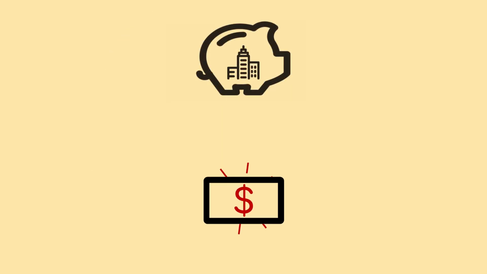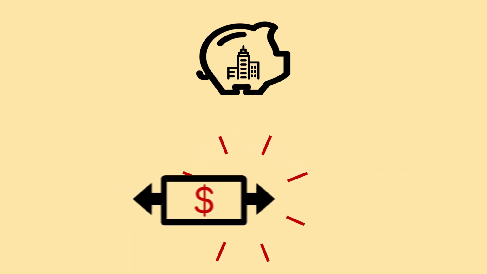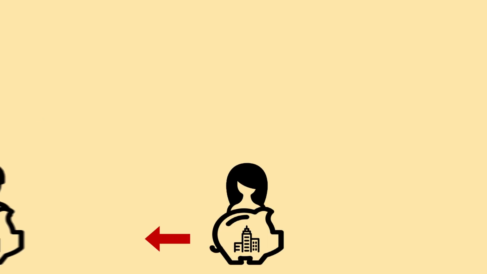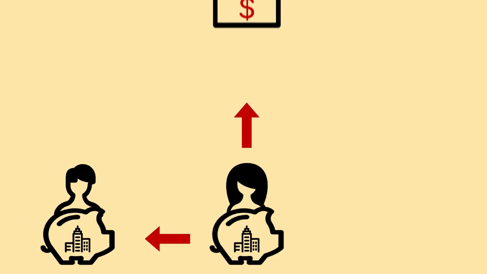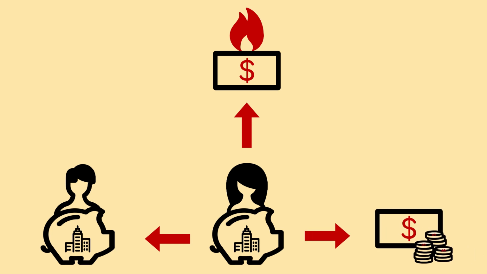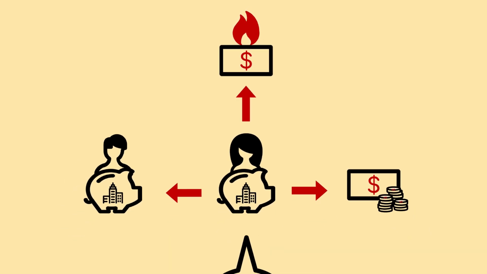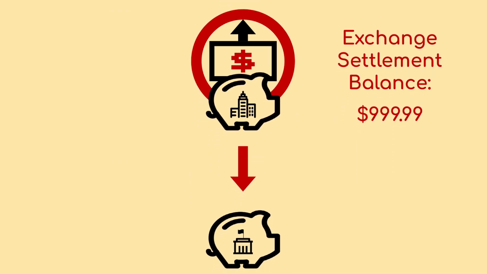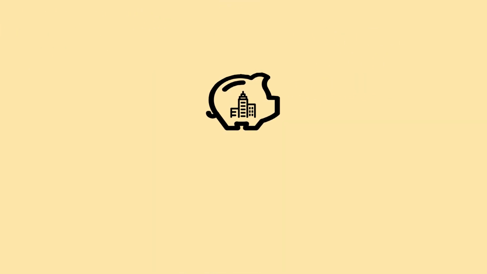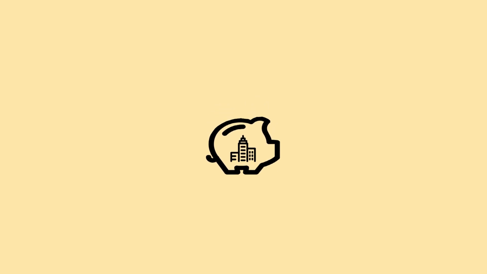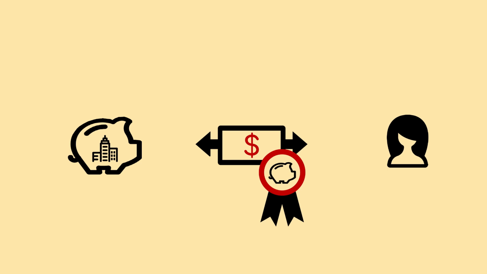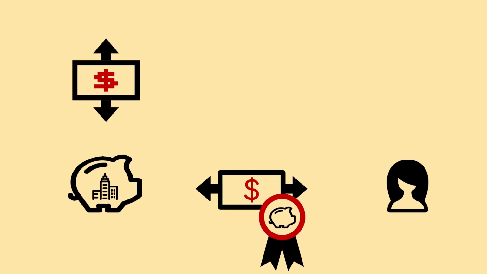So when your bank is creating new money, it's creating new horizontal money. This is known as credit money. When you transfer it to an account held at a different bank, or pay your taxes, or withdraw it into physical cash, your bank has to fulfill their promise to use their vertical exchange settlement account money. When they do, your bank's exchange settlement account balance goes down. The important thing to note in all of this is that the bank always guarantees the horizontal money to the customer first, then worries about the vertical money used to clear the payment later.